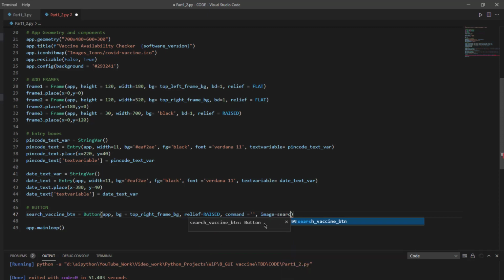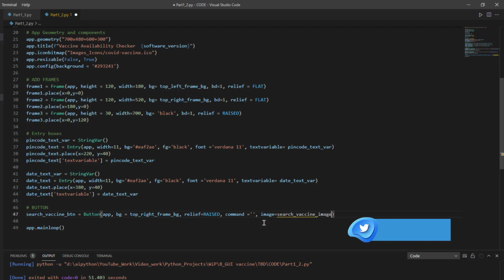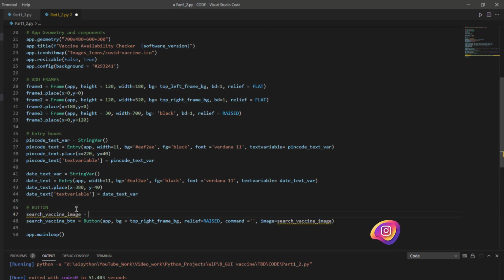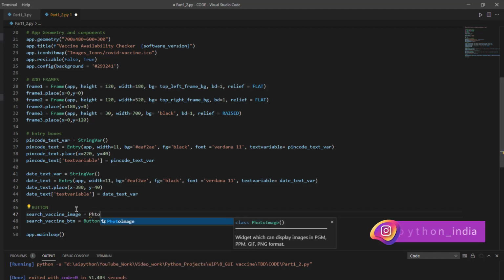I can use search underscore image, right? So this variable doesn't exist right now, just hold on. But I'll be interested in creating this variable, and we can create this variable here and assign it with PhotoImage, right?